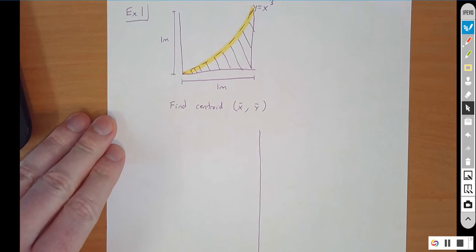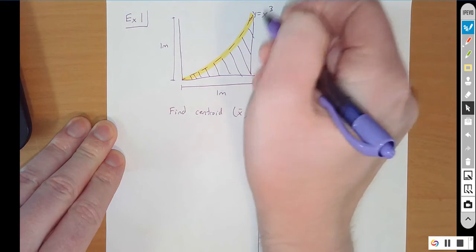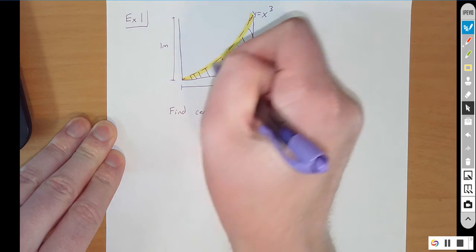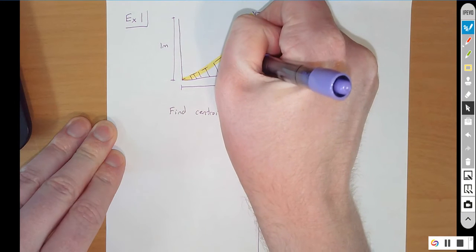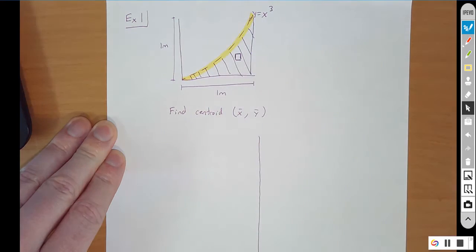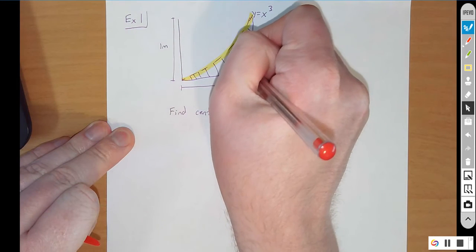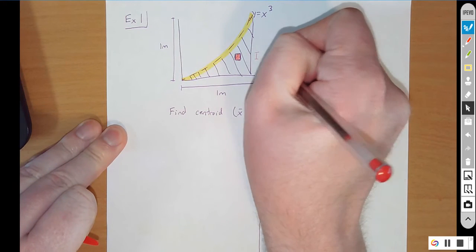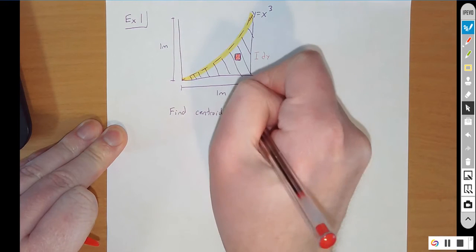Alright, so I've redrawn our problem here. We have this area underneath the curve. We have y equals x to the third, which describes our line here in yellow. And so what we're going to do is decide how we're going to differentiate this. So I'm going to make some differential area, and I will make it red. So we have this differential area. It has some height, delta y or dy, and some width,